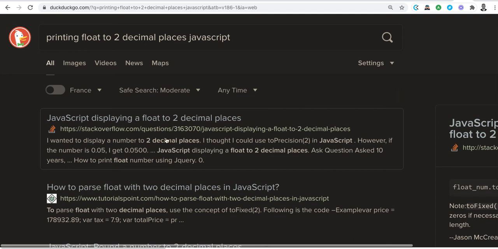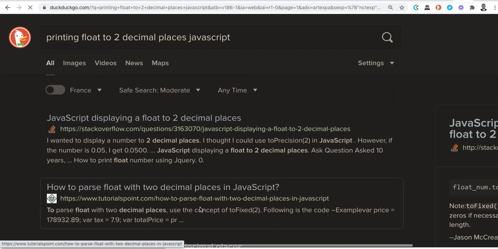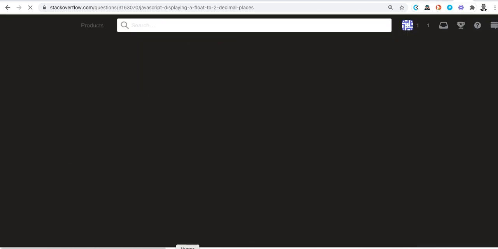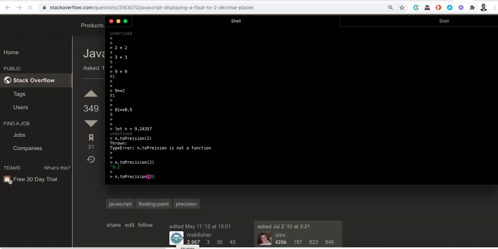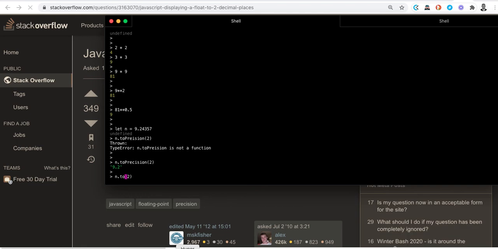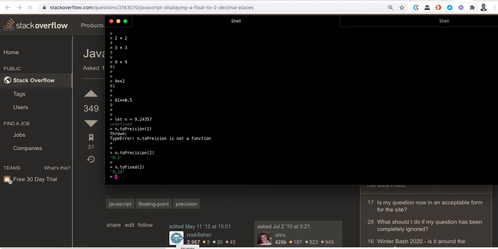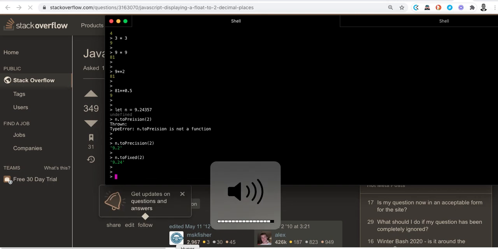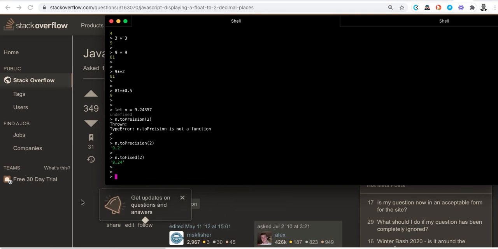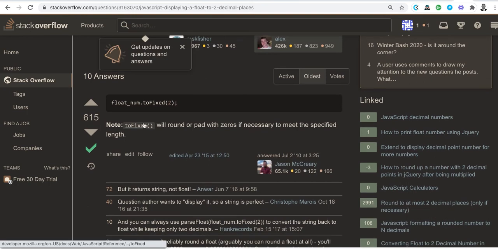I wanted to display a number. I thought, well, let's just open it and see. toFixed. Well, this seems to work. toFixed. Alright, let's see the comment here. Alright, it's toFixed. Okay,